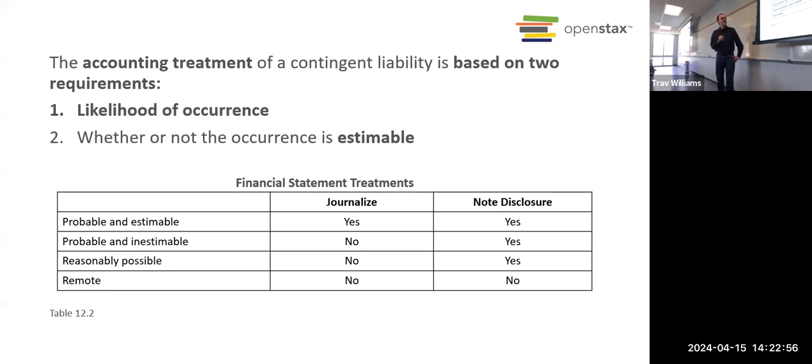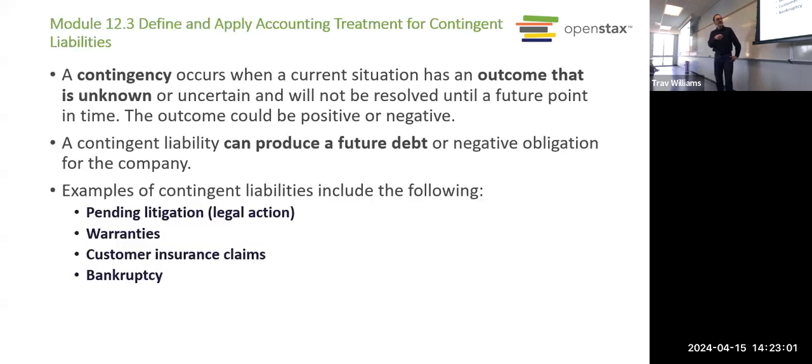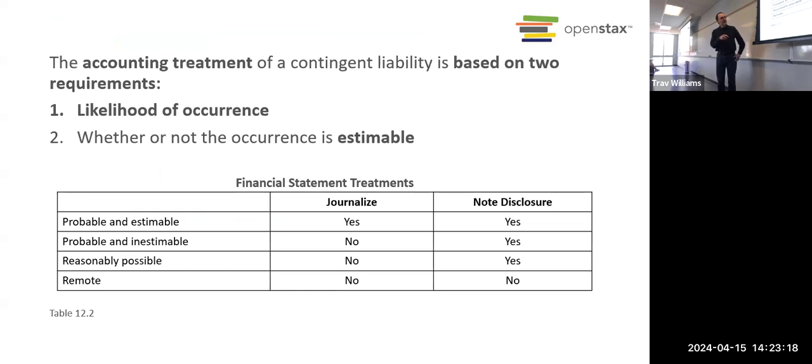Okay. If it is something that is likely to occur, for example, we're in a lawsuit and we think we might lose. It's reasonably possible that we're going to lose. As opposed to we're in a lawsuit and we're pretty sure we're going to win, right? That'd be a different situation. But if we think it is probable that we're going to lose and we can estimate what the damages are going to be,